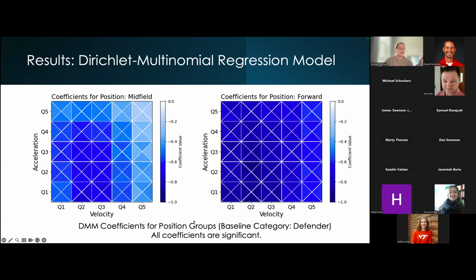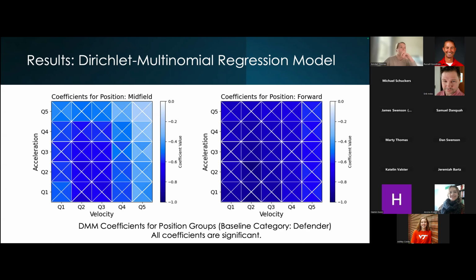Additionally, when we look at the coefficients for position groups, the baseline category is defenders, so these are all compared to defenders. Midfielders and forwards are spending less time everywhere compared to defenders. This is mainly because defenders typically play more; you sub them the least or not at all, whereas your forwards and your midfielders are going to be subbed out at higher rates, which is in line with what we would expect. And so we're looking now at how we can control for time to see the positional effects as well.